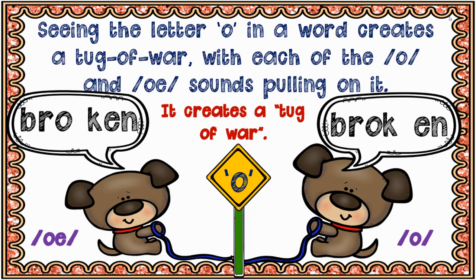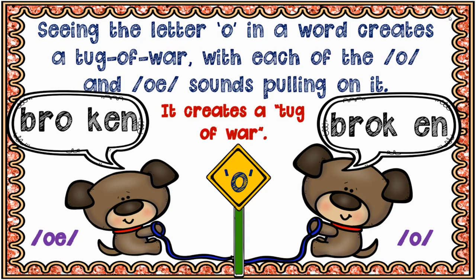Remember that O is playing a tug of war with the two sounds, the O and the ah. And where we divide is how we figure out which sound it's going to make. So let's look at our examples. If we divide the word right after the letter O, that O is allowed to say its long sound, O. So in that example, we would have